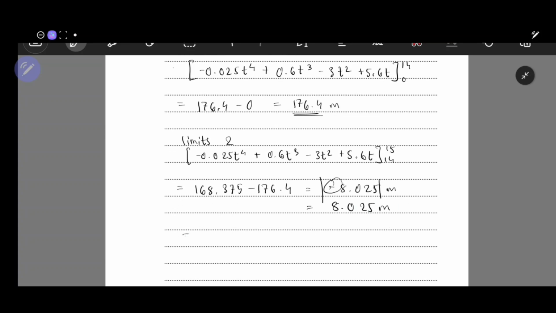So the total distance traveled, let's use a different color, total distance traveled will be equal to 176.4 plus 8.025. Thus the final answer is 184.425 meters. That is the total distance